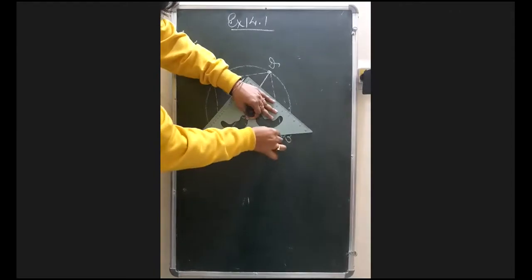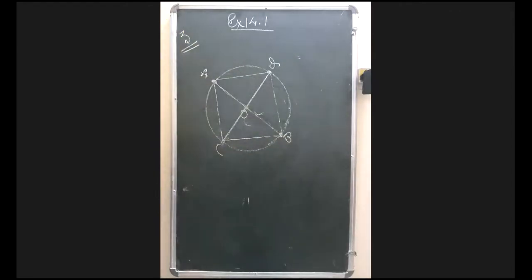And then I am joining the fourth one. I have drawn. Now you also draw and join all together. Now when you join all the ends of this diameter, you will get either a rectangle or a square. Like in our class only, somebody is getting a square, somebody is getting a rectangle.